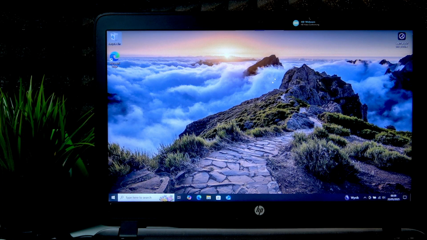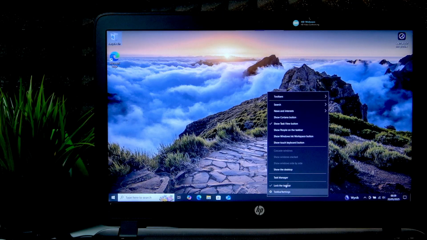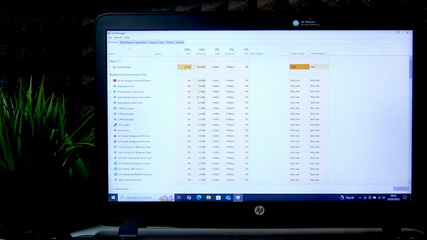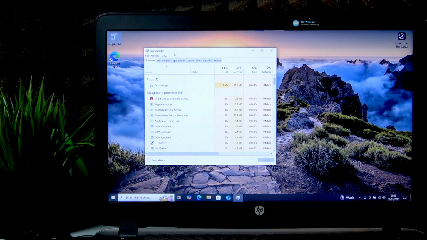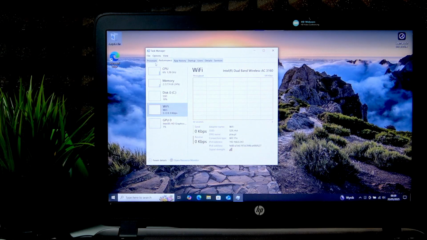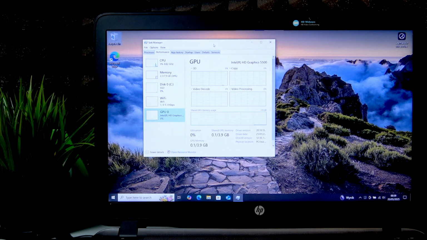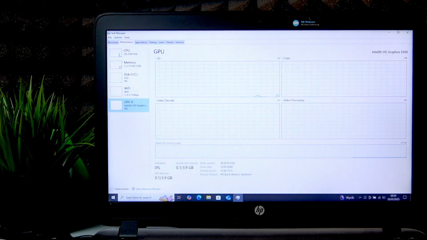So if you want to see what graphics card your laptop has, you'll simply have to right-click the taskbar, for example over here, and then select the Task Manager option. Once the Task Manager opens, we'll have to go to the Performance section, and right here select the GPU, and right here we will be able to see the name of our graphics card, which for me is Intel integrated HD graphics